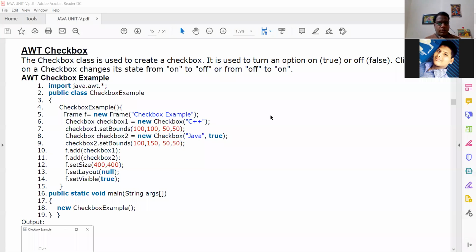Here, AWT checkbox. AWT checkbox is very useful. Most of the cases we are going to use this AWT checkbox because when we observe any application, any graphical user interface, or any banking sector, you will see "above mentioned all